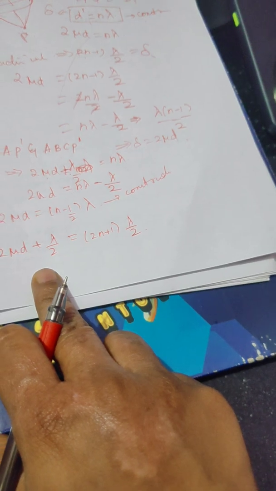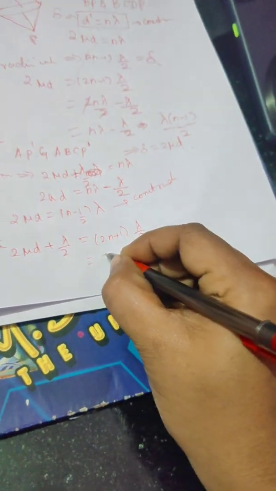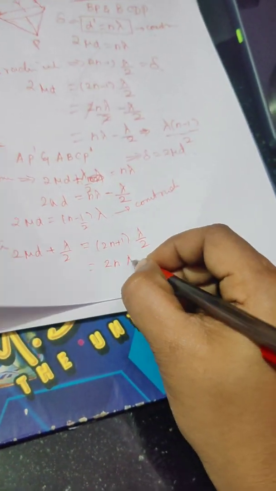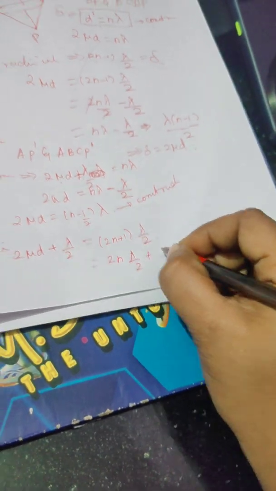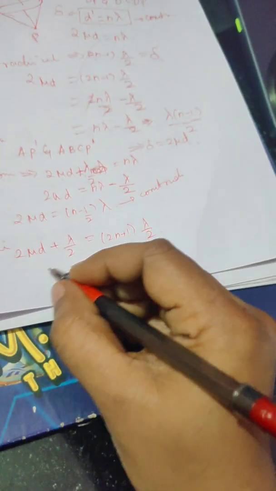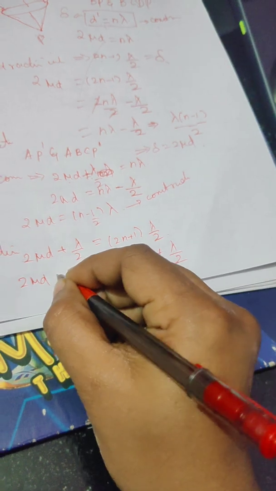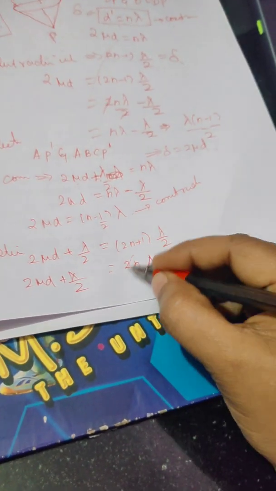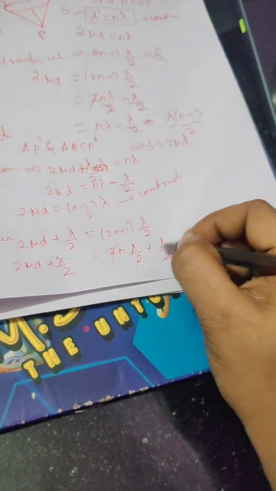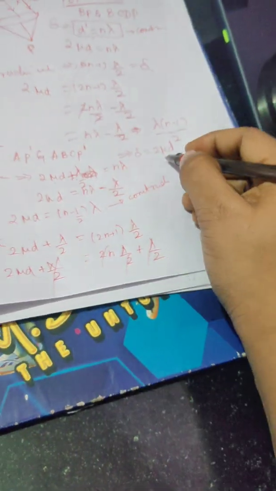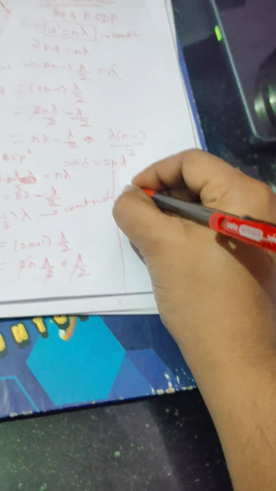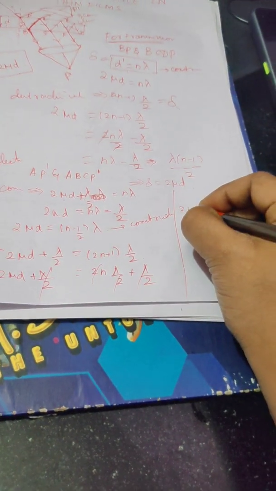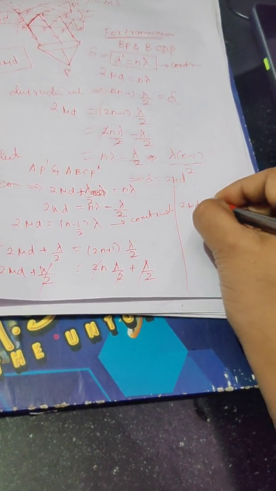Now I can write this equation: 2n multiplied, lambda by 2 plus lambda by 2. Here this 2 and this 2 get cancelled, and this lambda by 2 and this lambda by 2 get cancelled. So I will have 2 mu d is equal to